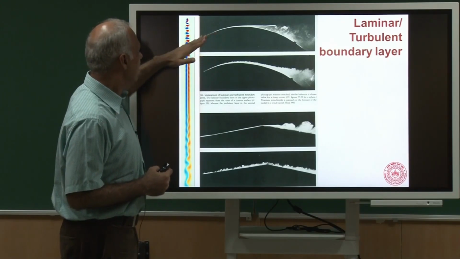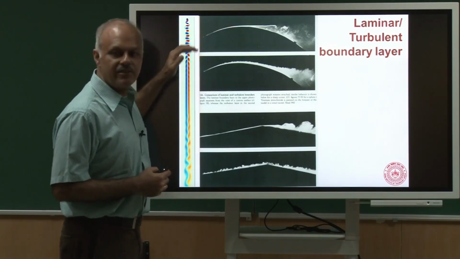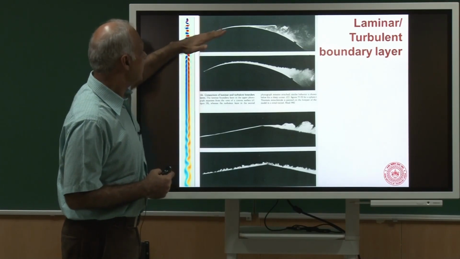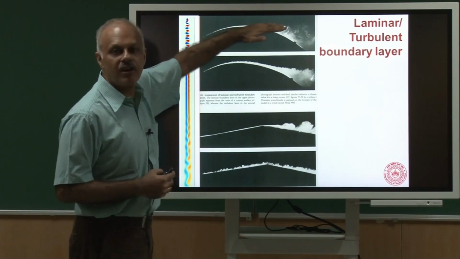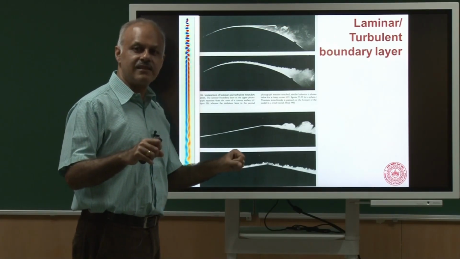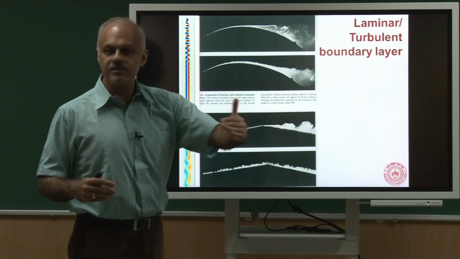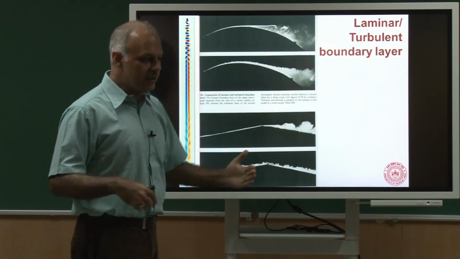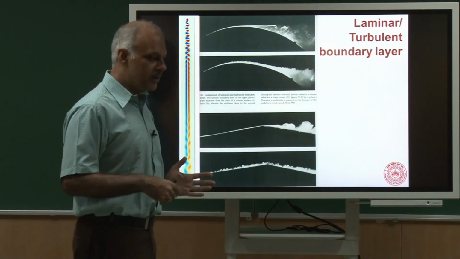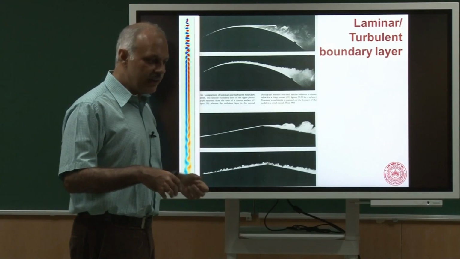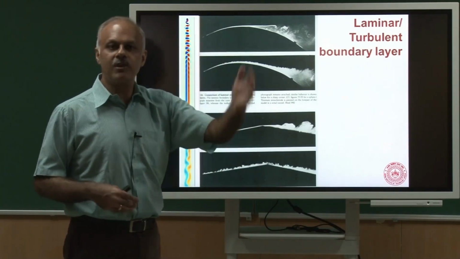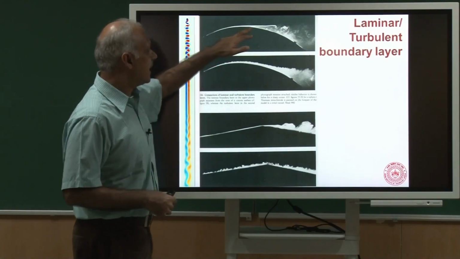This one you will see, this we call the boundary layer, and we will discuss later in the course what a boundary layer is. But you would see that this boundary layer is extremely organized. So you can imagine if you are riding a motorcycle and you go on a curve, you can negotiate the curve if you go at a relatively small speed. But if you are very ambitious and you try to negotiate a curve at a large speed, you kind of fly off, you separate from the curve. Something like that is happening here.